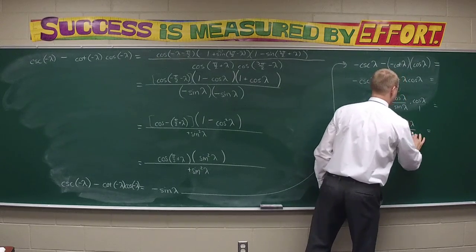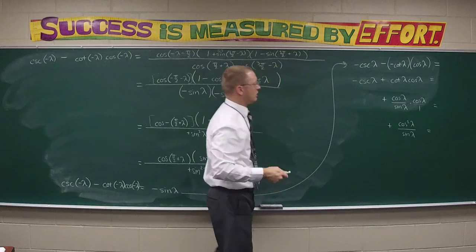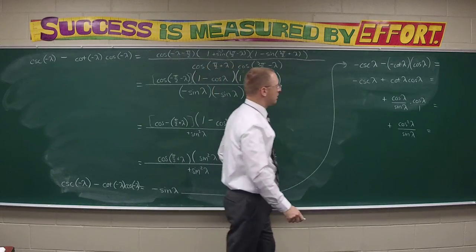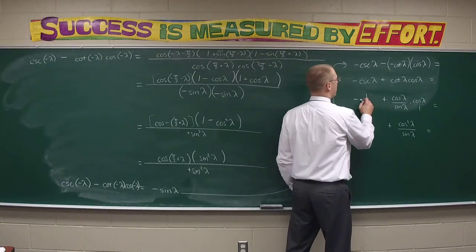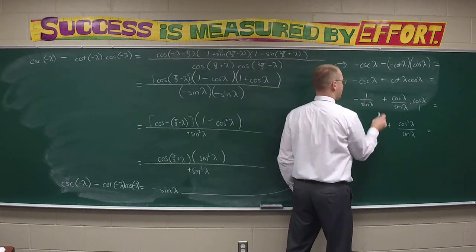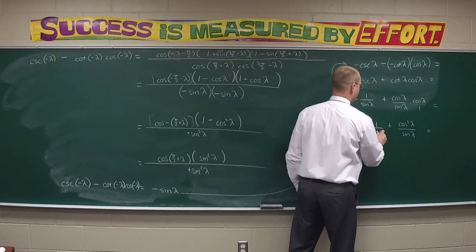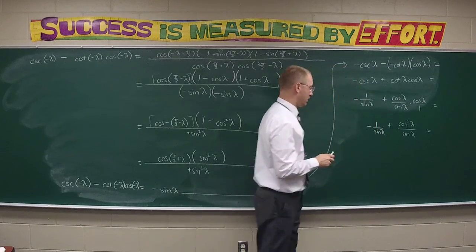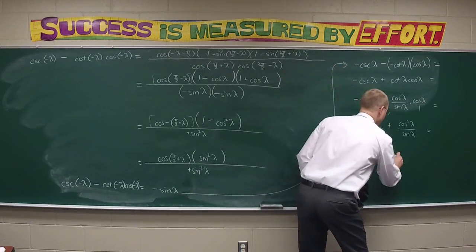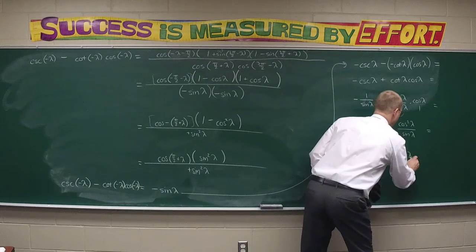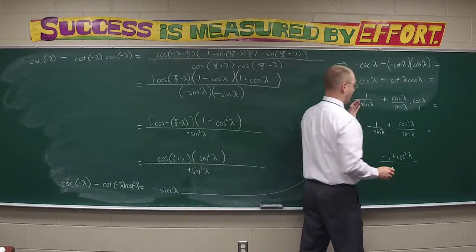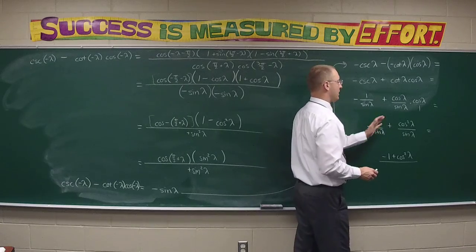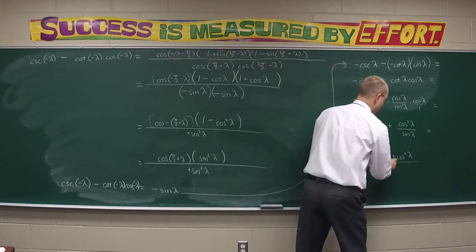But let's not neglect the negative cosecant lambda over here. Change it to 1 over sine. Negative 1 over sine lambda. Then you have negative 1 plus cosine squared over sine. Just keep the common denominator. So I have negative 1 sine lambdas plus cosine squares over sine lambdas gives me negative 1 plus cosine squared